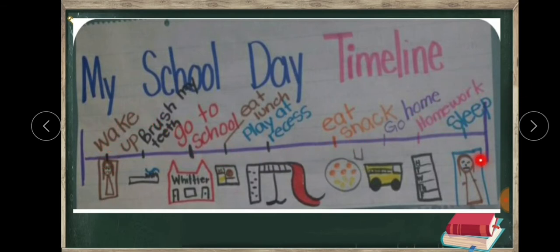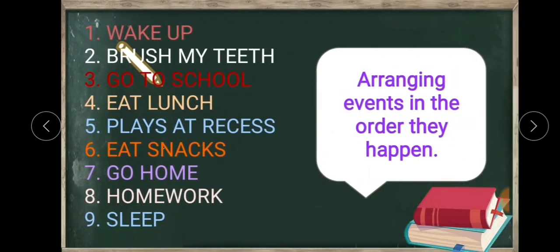From morning to night, he marked. Then how did he mark? Yes, he marked all these things in a particular order. What happened first? He wrote first, he wakes up, then he brushes, next goes to school, like that. So here you can see he arranged all these things in a particular order. The order is he marked the first thing that happened first.